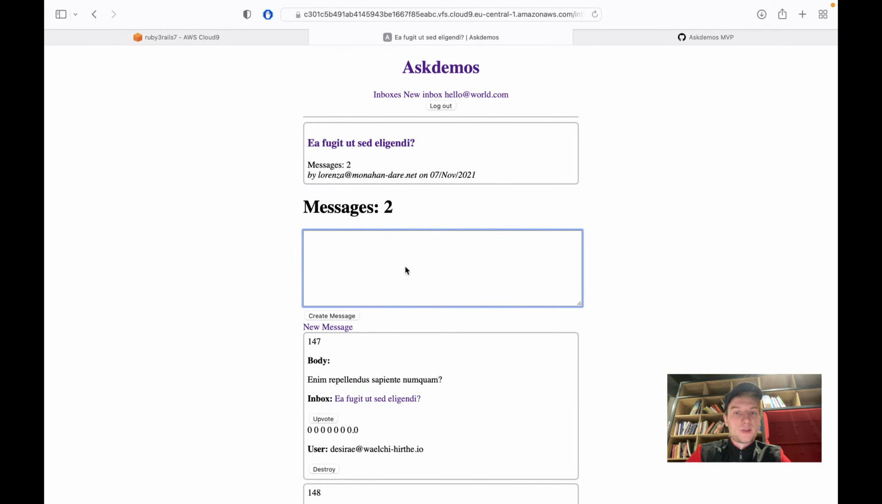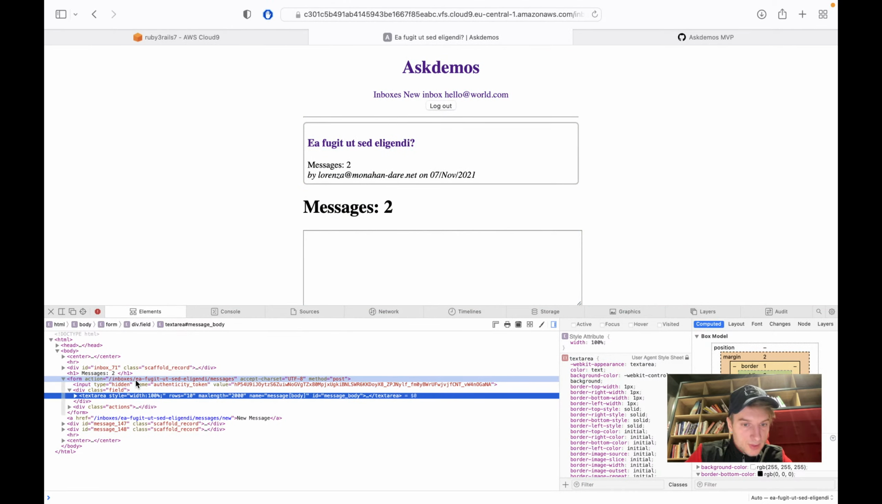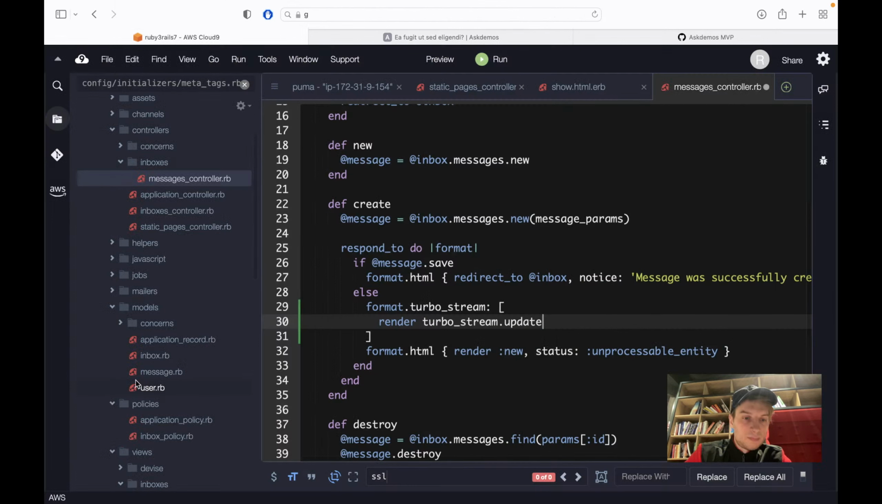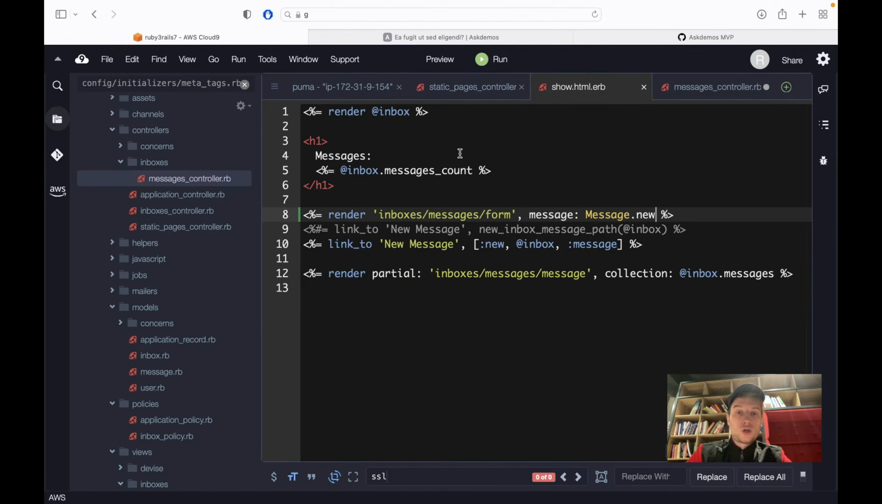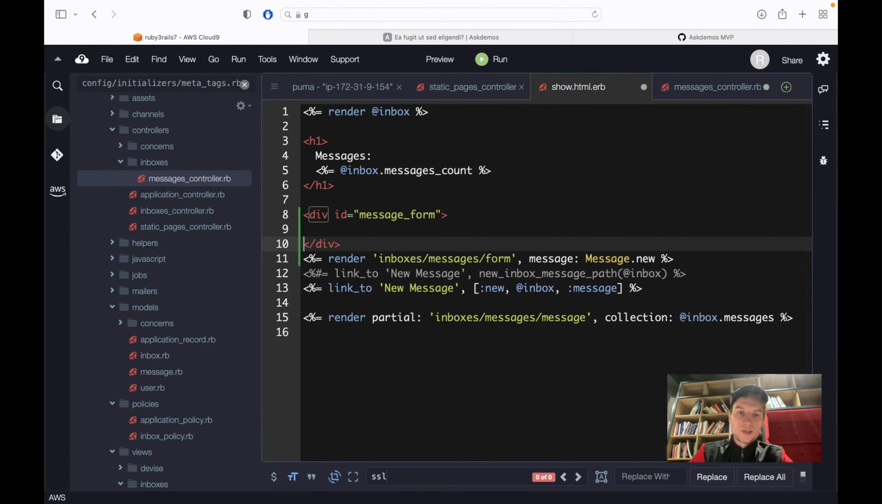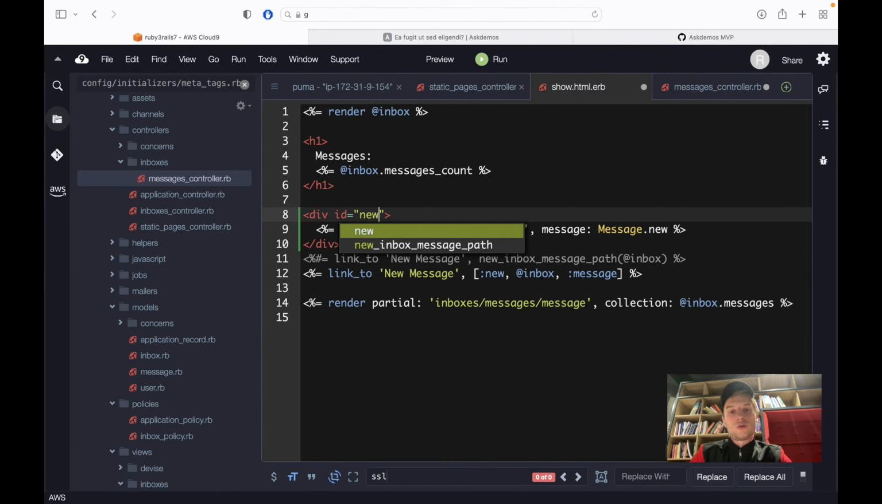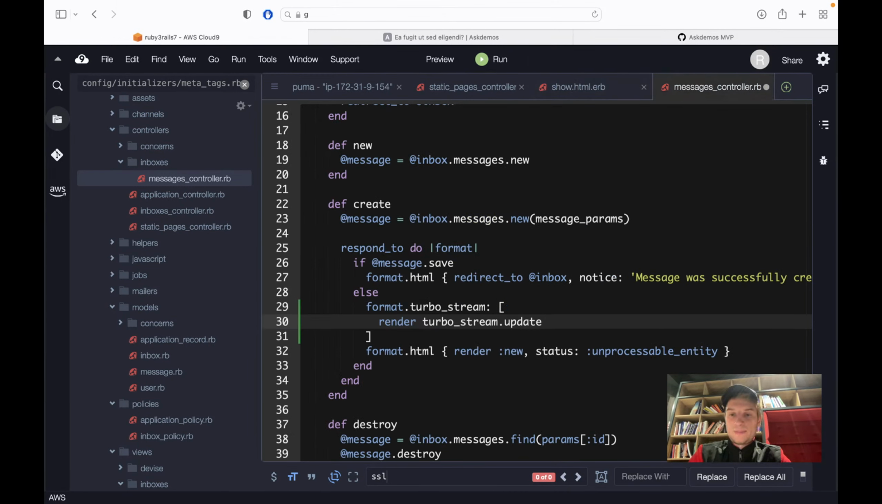Does the form actually have an ID at the moment or not? Let's see. It doesn't have an ID at the moment. Let's try to add it into a div with an ID, message form, something like this, or new message. Let's say new message, and we are going to update this div